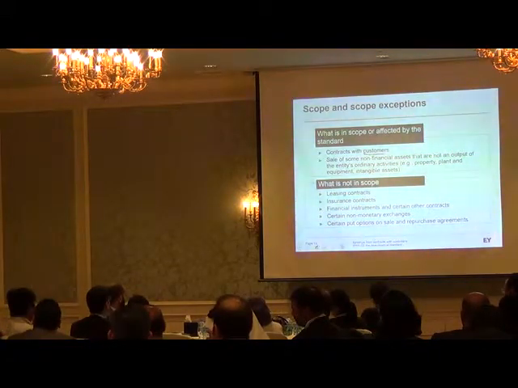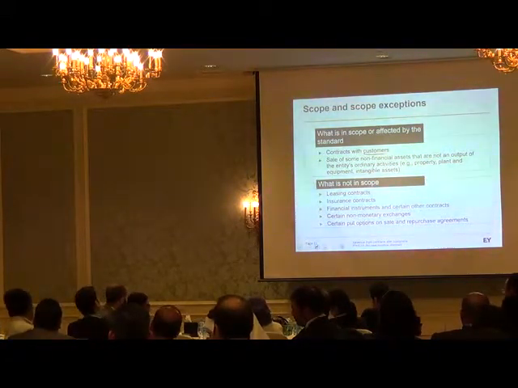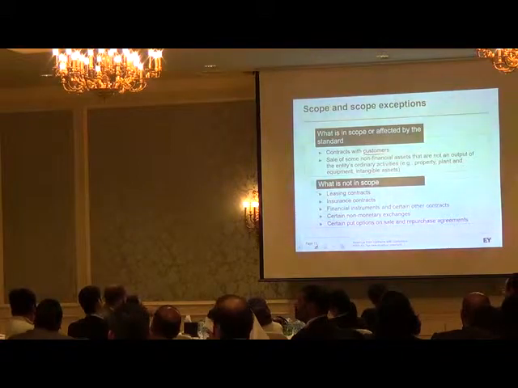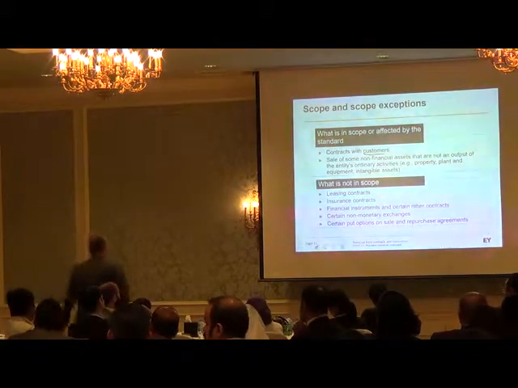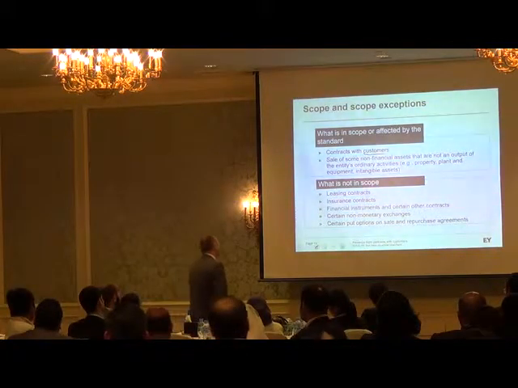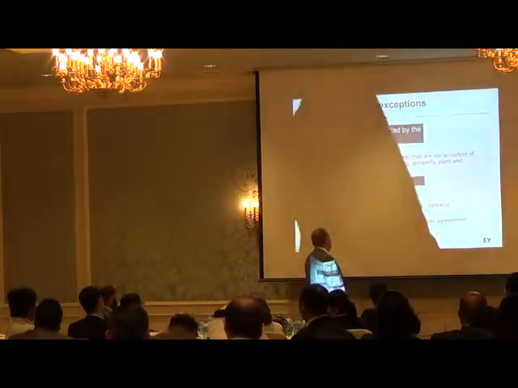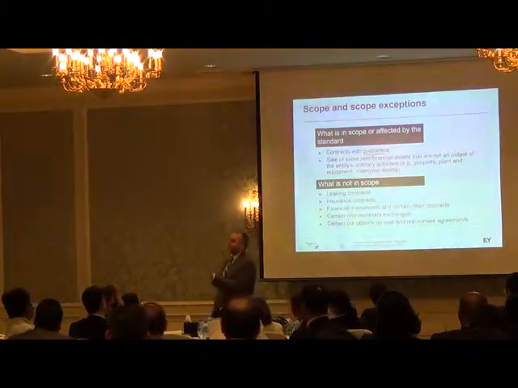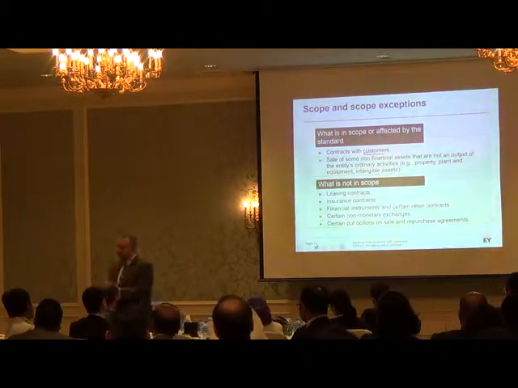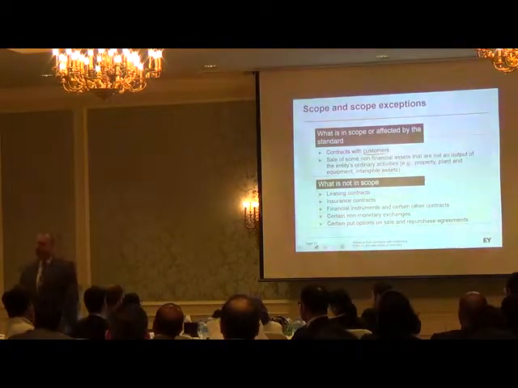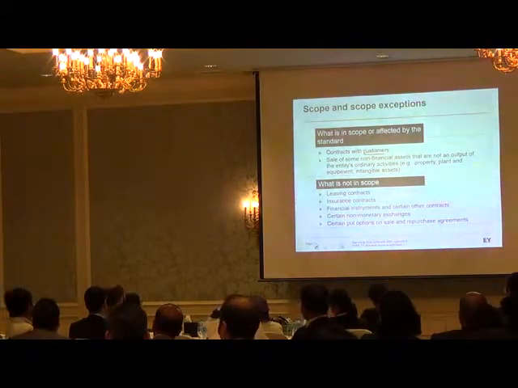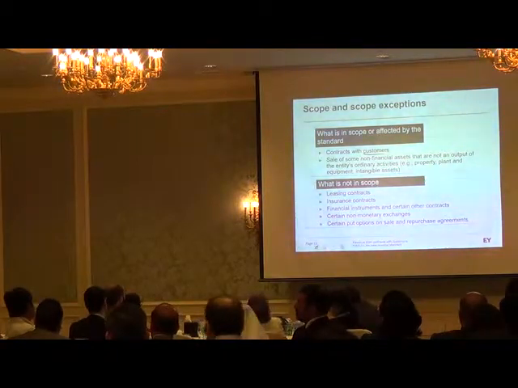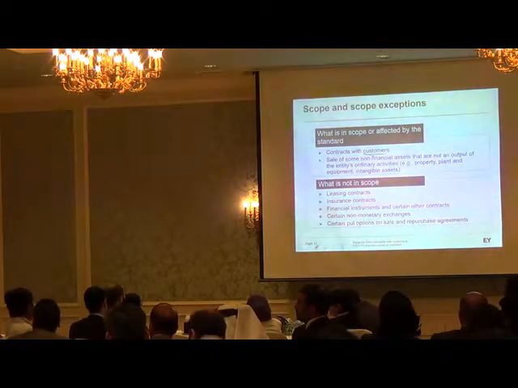So everything where the contract is going to regulate my relationship with the customer, which is basically everything. And also it is going to include sale of some non-financial assets that are not an output of the entity's ordinary activities. Well, to be honest, when I first read this line in the standard, I wasn't able to understand it. But then after a long, long discussion, what the heck could this be? We arrived at the solution that this is basically all those types of things which are mainly gains.